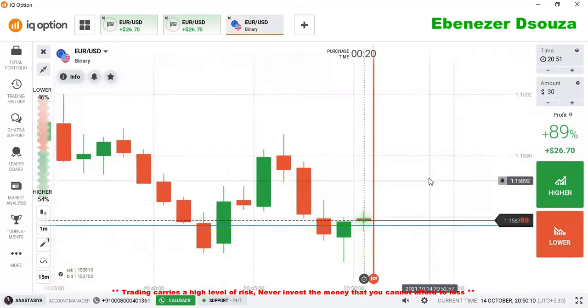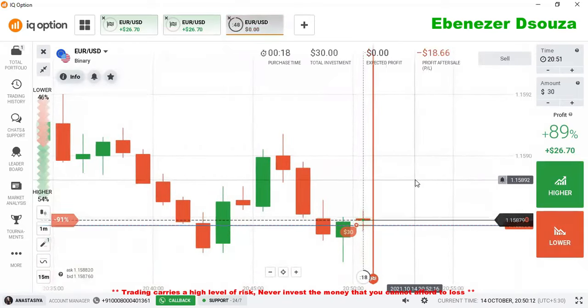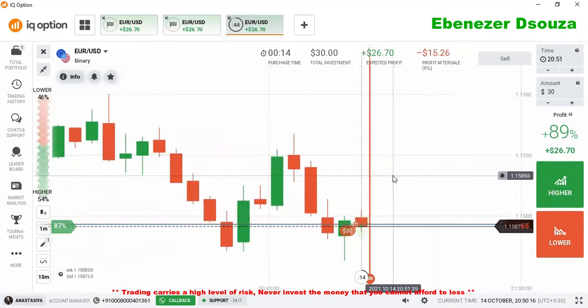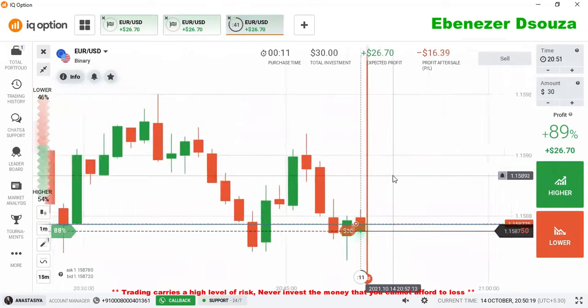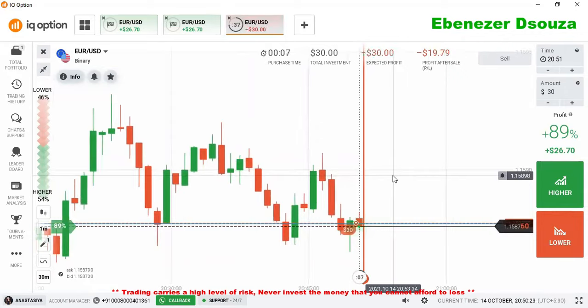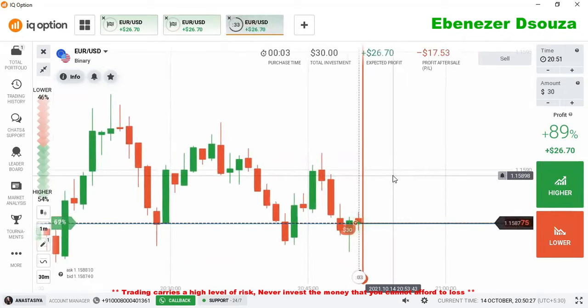The sellers are trying. Okay, again a late entry. So in 1 minute chart we may get late entry problems because of fast momentum. Better to place our trade in 2 minute or 5 minute chart, because we will have time to analyze everything and we will have time to place our trade with margin of safety too.